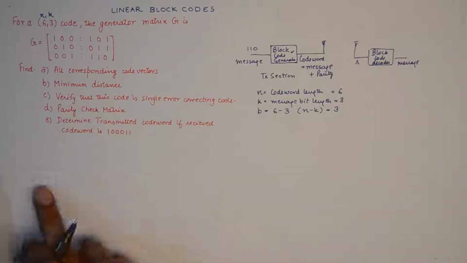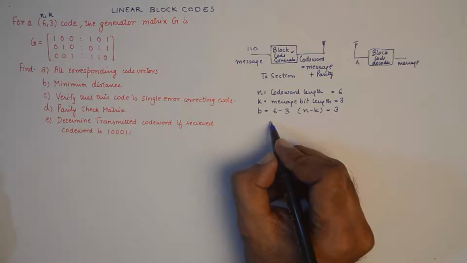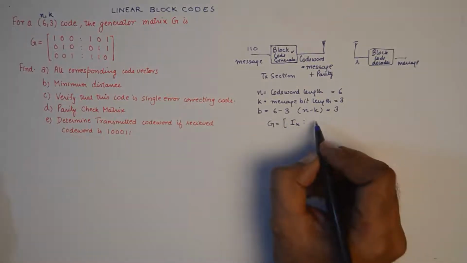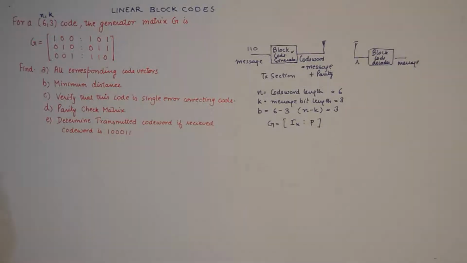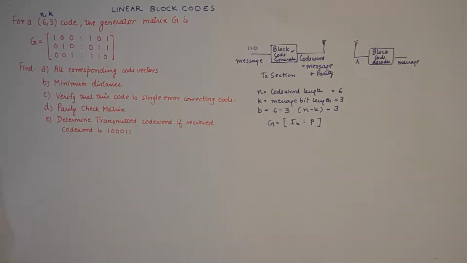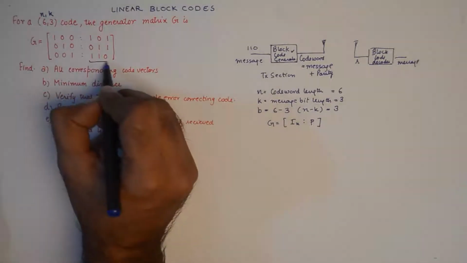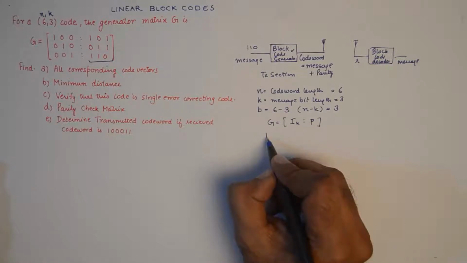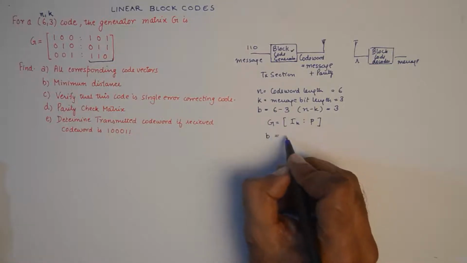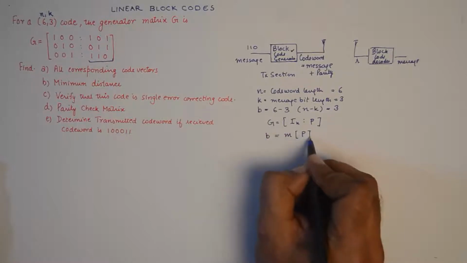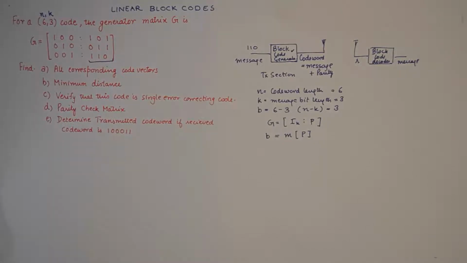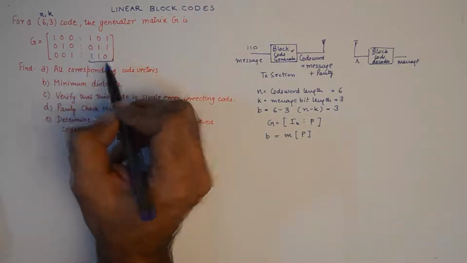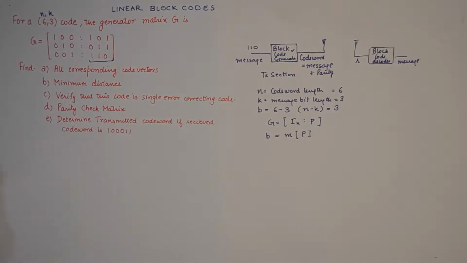Now if you look at the generator matrix, the generator matrix will consist of an identity matrix and the parity coefficient matrix. So this will be the format of the generator matrix, and we'll be concerned about this portion of the generator matrix because in order to find the parity, which is going to be B in our case, it is going to be M, the message, multiplied by this parity matrix. The parity associated with any message can be found out using this formula, M into this portion of the matrix. So first things first,